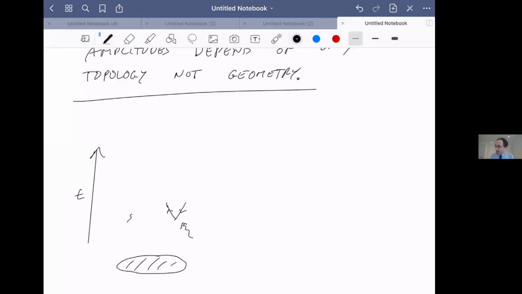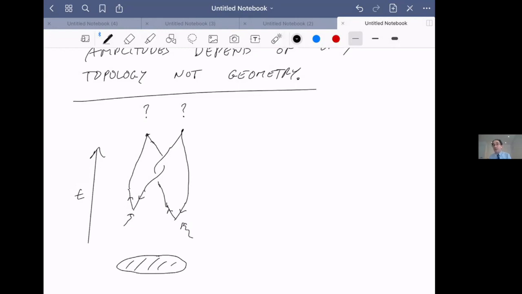And then maybe at some later time, we'll do that again. We'll add some more energy here, and we'll make another particle-antiparticle pair. And then maybe we'll take one particle around the other particle like this, and then we bring them back together at some later times here. And maybe these come back together here at some later time. And then we want to measure what happens when we bring them back together.